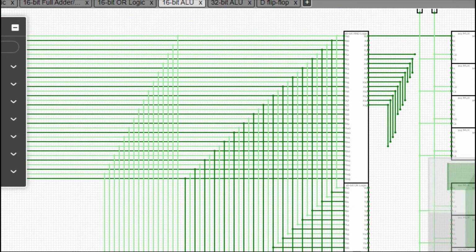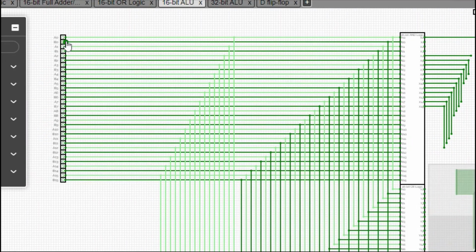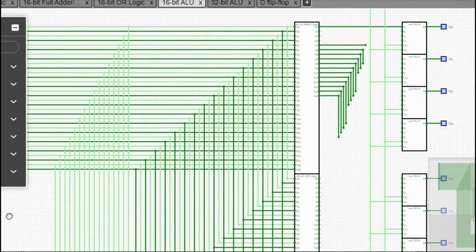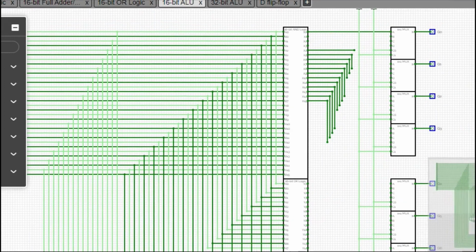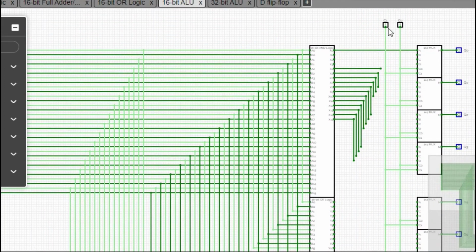Now you can see in the circuit, these are the A0 to B0 inputs. Here are the inputs, and all the inputs are commonly connected to each IC. Now I will tell you the connection. So here you can see C0 and C1. Now see A0 is already connected to the first. Now this one will go and connect to the A of this input, like this you can connect.